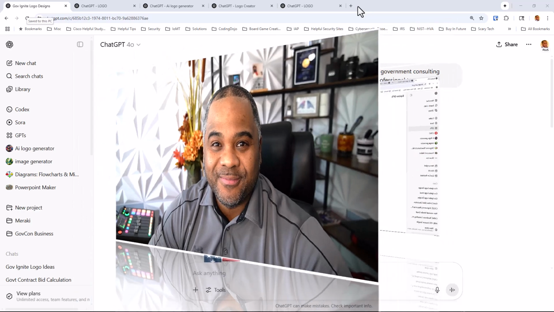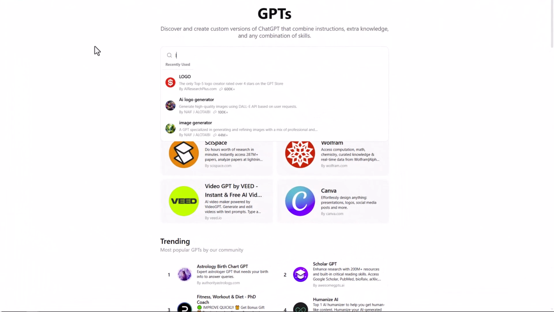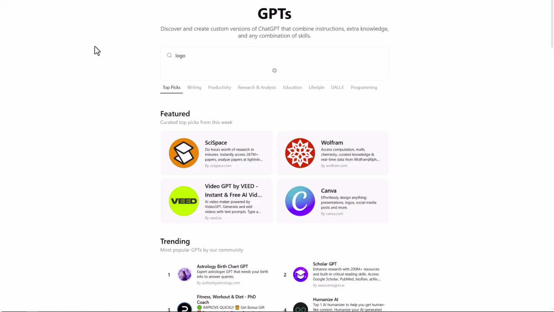few GPTs that of course are free to create our very own logo. Gonna be reviewing a few of those, and we're gonna use the same prompt and really just see what the results are. So if you're ready, let's go ahead and get it. So if we take a search here underneath GPT and we go ahead and type in logo, we can see